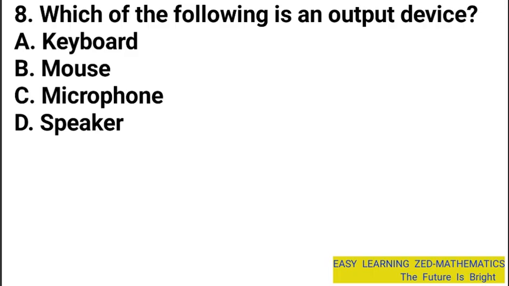It helps the sound which has been processed in the computer to come out. So it is an output. So the correct answer was D, which is speaker, which is an output. Let's go to question